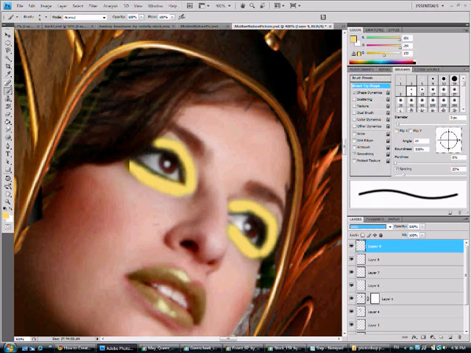Set the blend mode to color also, and then set the opacity to 50%.